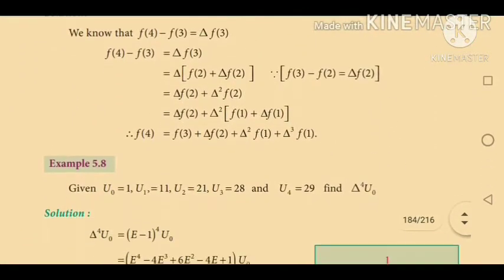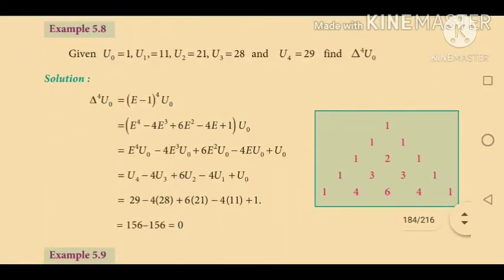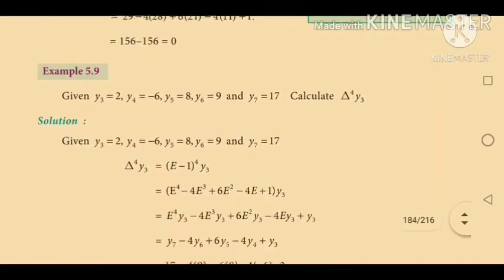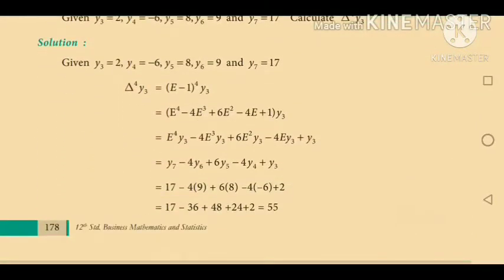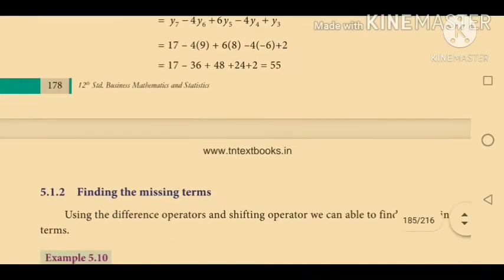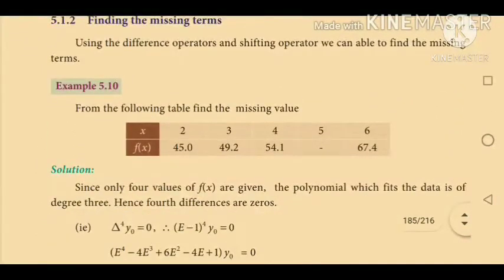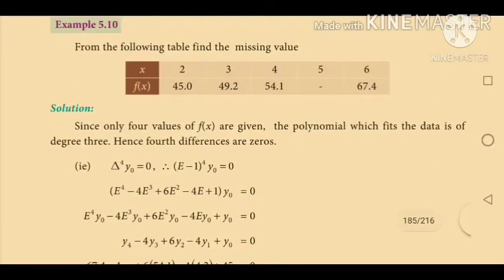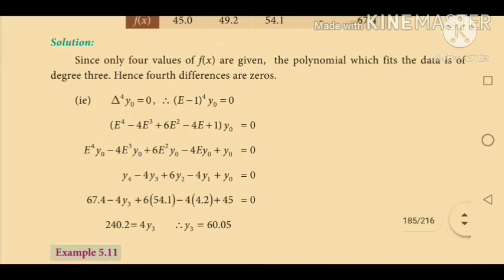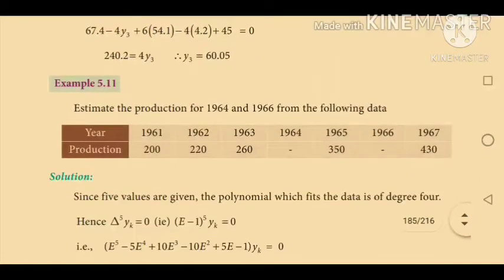So these are property sums, we will see later. Now we are going to see the next method, that is the forward difference method. Find the missing values by this method. Here some values are missing. We apply it by way of delta's values, that is, you have to apply the delta.